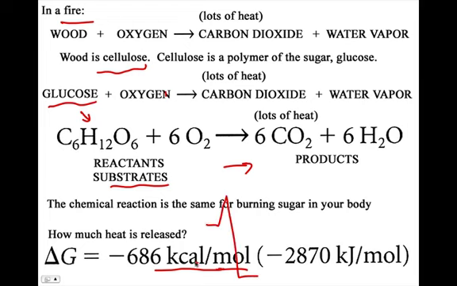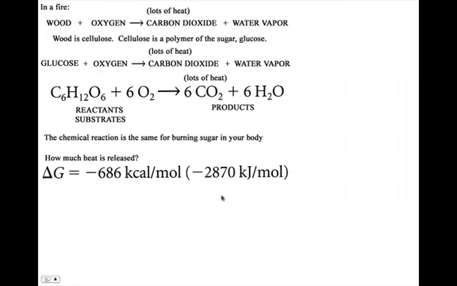Notice that you can use either kilocalories per mole or kilojoules per mole. Calories is a measure of heat, actually, as a way of measuring energy release, and joules is a measure of work. So it's a kind of a nice way of saying we could get this energy released either as heat, work, or a combination of the two. We're going to learn in Chapter 9 that the big goal in our body of burning glucose and releasing CO2, in Chapter 9 we'll learn that the goal of cellular respiration